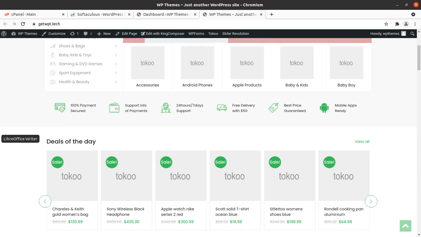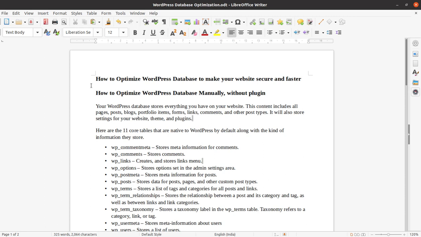So the topic of this video is how to optimize a WordPress website to make your website secure and faster, and it is manually. So we can say how to optimize WordPress database manually, and that is without any plugin. So this is the topic of this video, and I advise you to do this activity surely for making